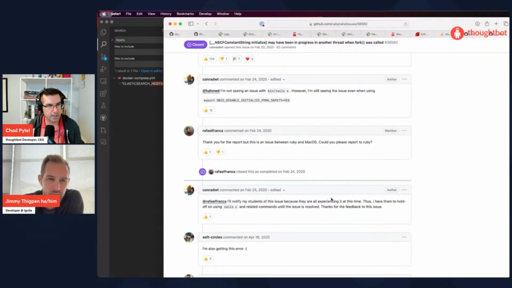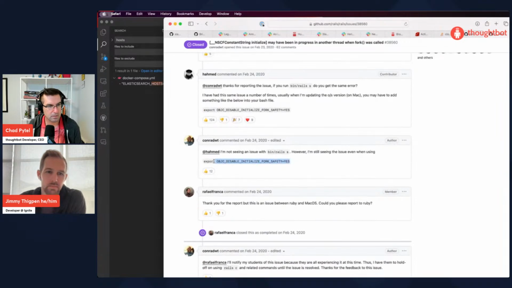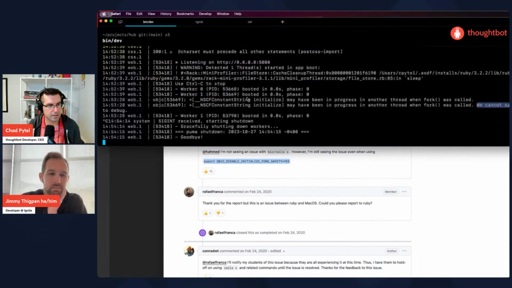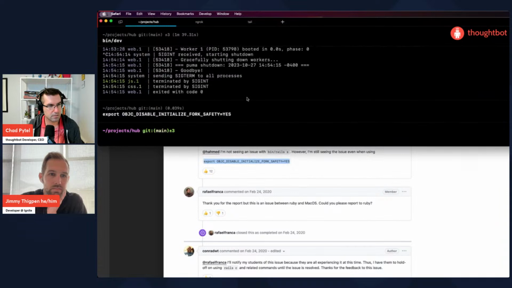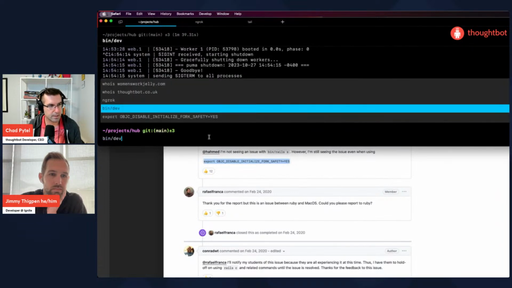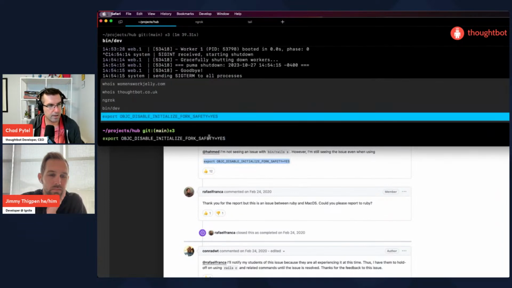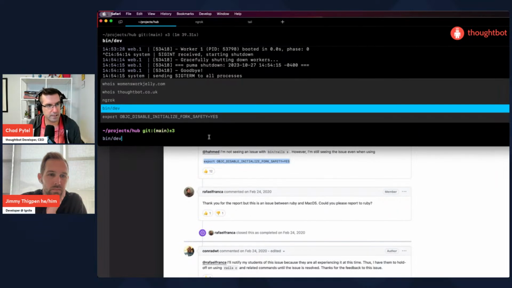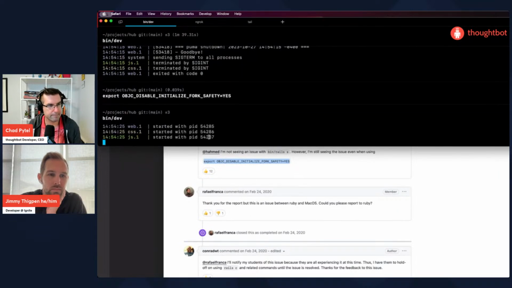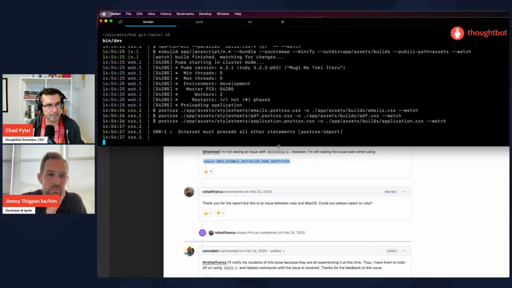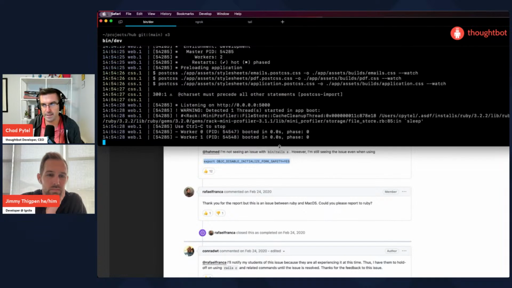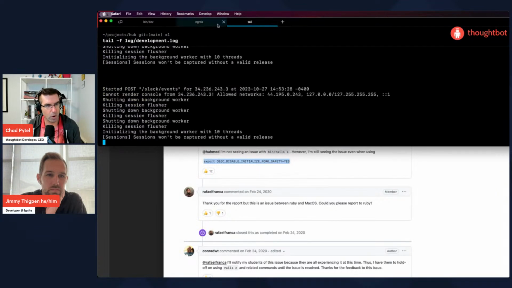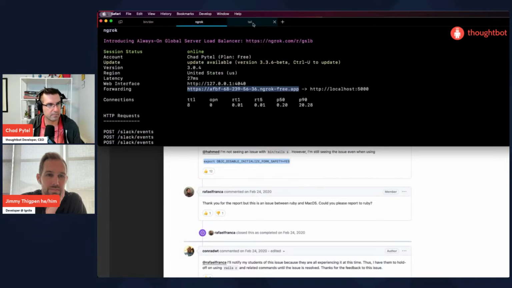So basically, exporting this seems to fix it. But I put it in my Z shell, and it doesn't seem to stick for some reason, and I haven't had a chance to look into it further yet. But I sort of hope that wasn't the problem.